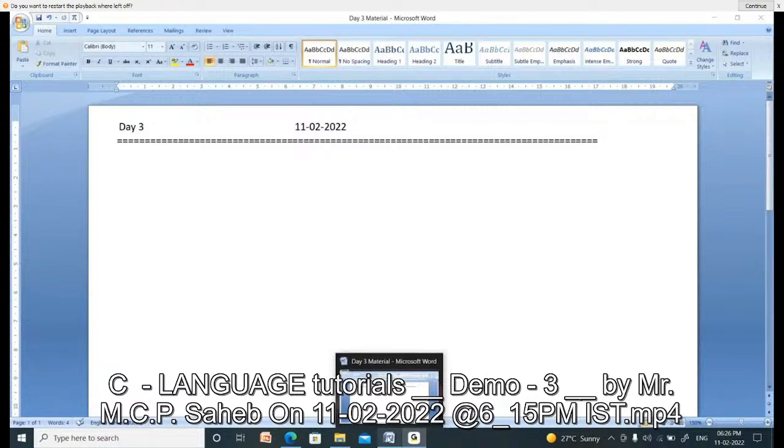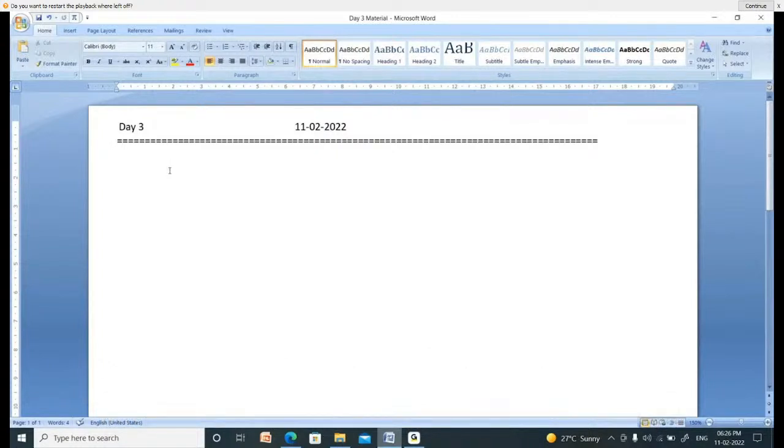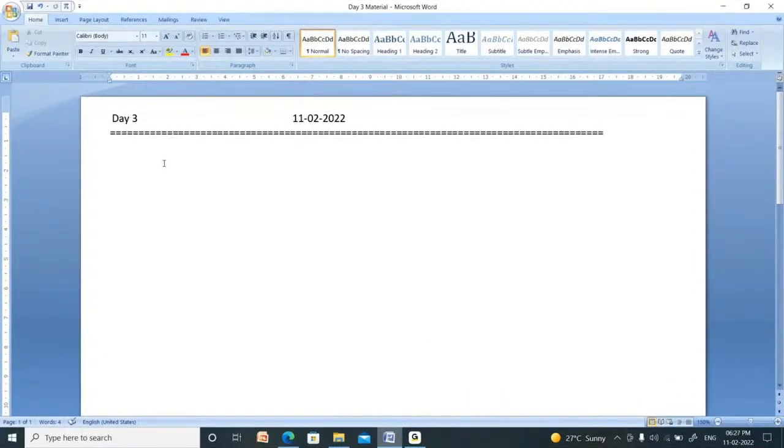Right. I will start today's session. Today I am going to explain the concept of modifiers. We know there is a data type integer. What is the size of an integer?